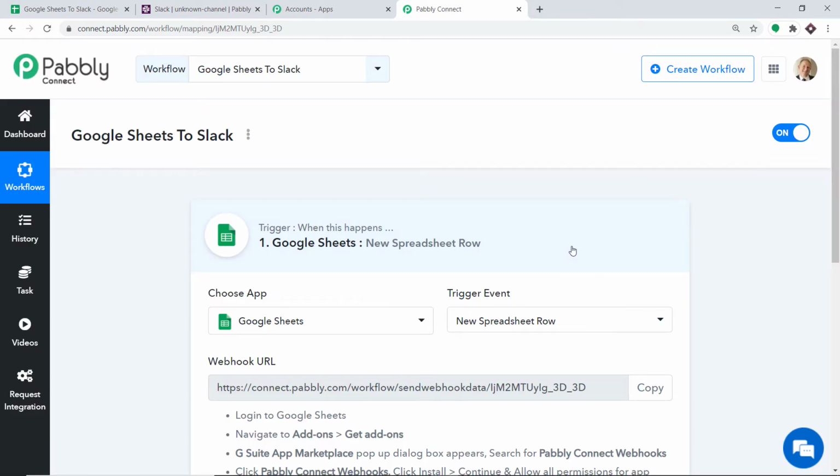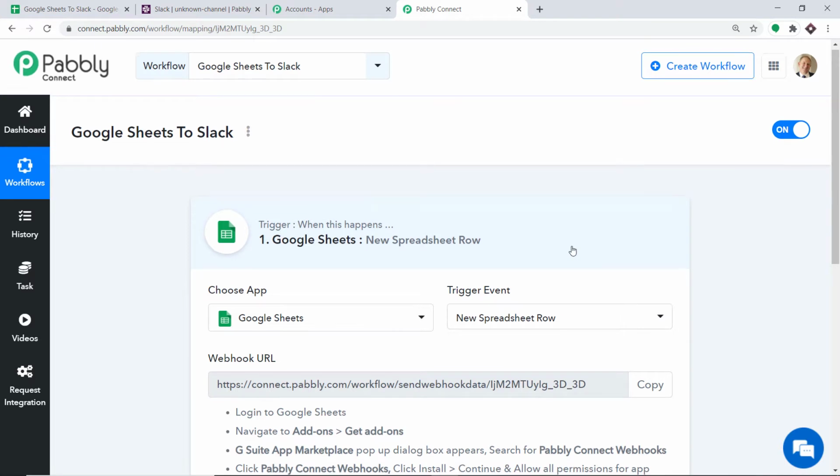Okay, so your obvious question is, what is a trigger event? Trigger is basically an if statement. It asks a question, if the condition is met, what should be done? For example, if a new row is updated or added in Google Sheet, then what action should be taken by the system? So at present, we just have one trigger event, that is a new spreadsheet row for Google Sheet. Now in case you want more triggers of your choice, you can make a request to our team at admin@pabbly.com for the specific trigger that you want to build. But at present, I just want to send the data when a new row is made in Google Sheet.